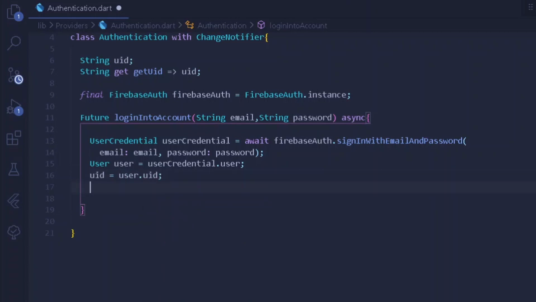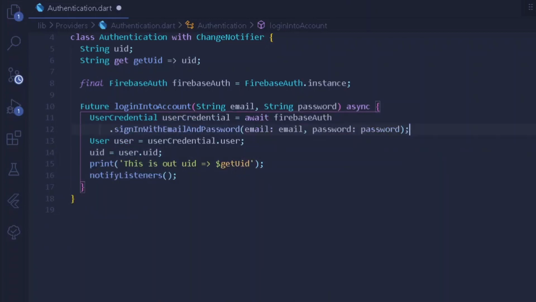So once we are getting our user ID, we shall be simply printing it. Here I will be simply writing a print statement. Once we have done that, we shall notify all of our users. Cool. So once we have gotten the following statement, we shall be simply copying the following method and pasting it